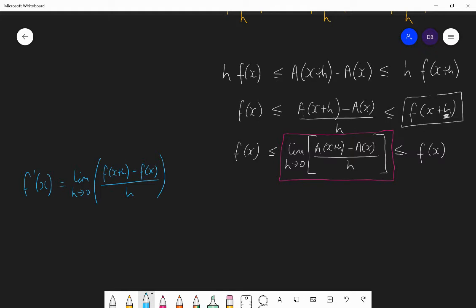So in this middle expression, we're replacing f with a. So the a is the function. So this is really A dashed of x, the derivative of the area function. So we have A dashed of x has to equal f of x. So the derivative of the area function is f of x. And therefore, to get the area function, we need to integrate f of x with respect to